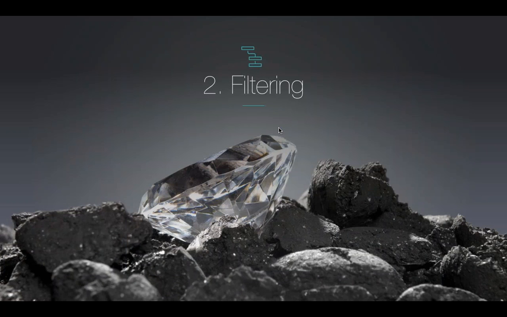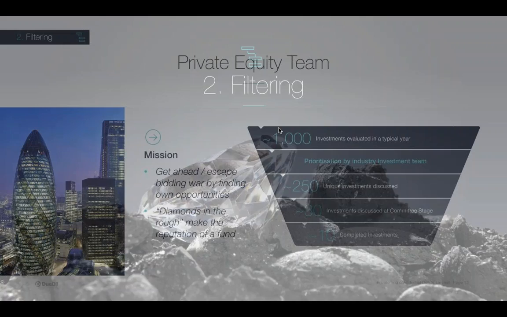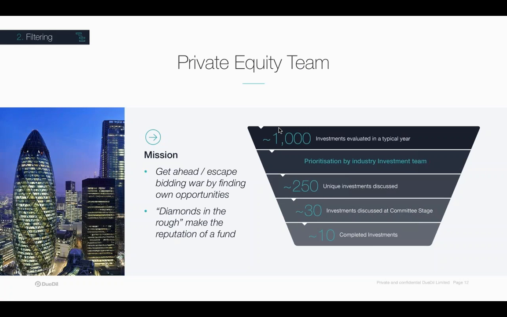The next area is filtering, and this is where you assign value to a specific characteristic of a company, and this makes it possible to surface hidden gems or uncover hidden information. And we think that private equity firms are the best in the business at filtering. For them, there's a huge upside from finding an investment opportunity that no one else knows about.